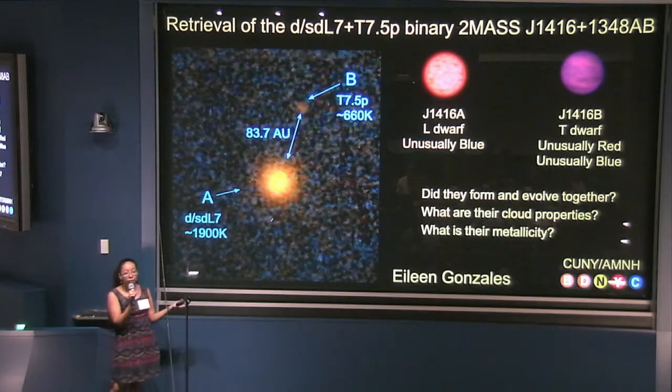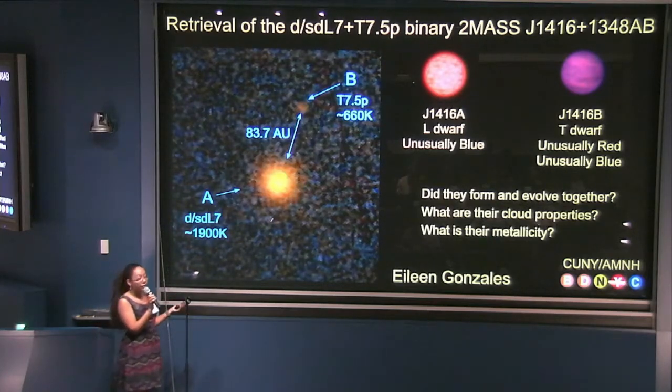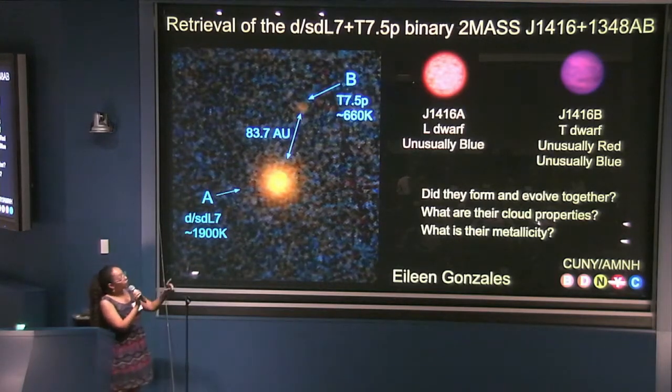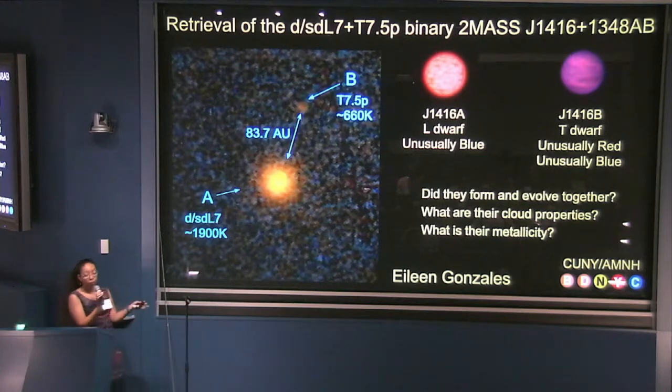So again, brown dwarfs are objects that are in between stars and planets. They have temperatures ranging from 250 to 3000 Kelvin, so they are great analogs for understanding atmospheres of exoplanets. So these 2 objects are subdwarfs. I have been working over the past year to characterize atmospheres of subdwarfs, which are low metallicity brown dwarfs, and